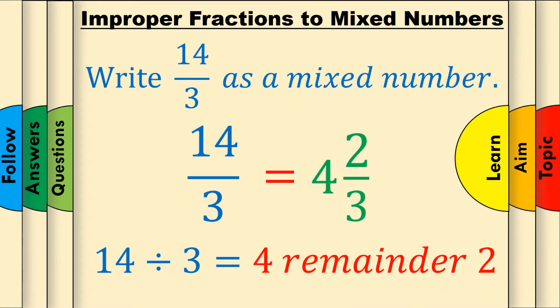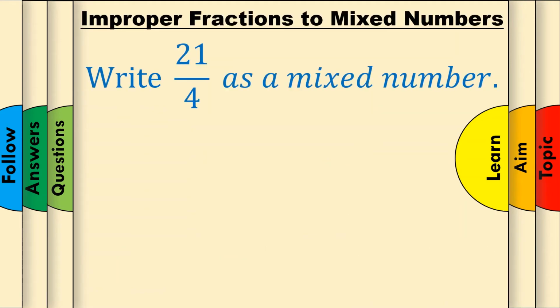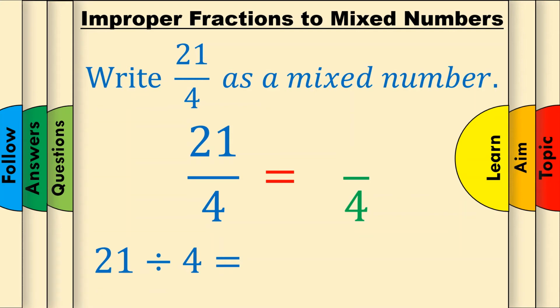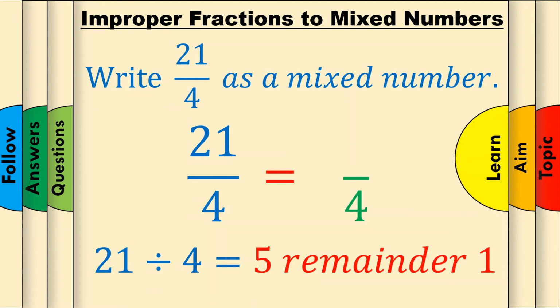Simples. Before you have a go at some questions, here's a final example. Write 21 over 4 as a mixed number. First, drag the bottom number straight into the fraction. Now, we need to divide the top number by the bottom to give us an answer with a remainder. Here, 21 divided by 4 gives us 5 remainder 1. The whole number 5 becomes a whole number in the answer, and the remainder 1 goes on the top to complete our fraction part. Our final answer is 5 and 1 over 4.